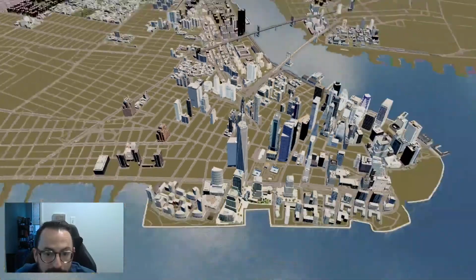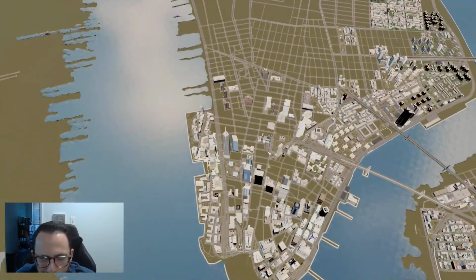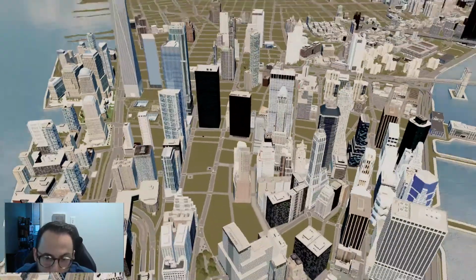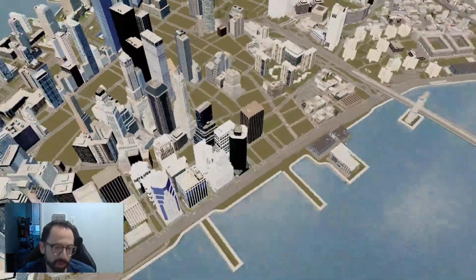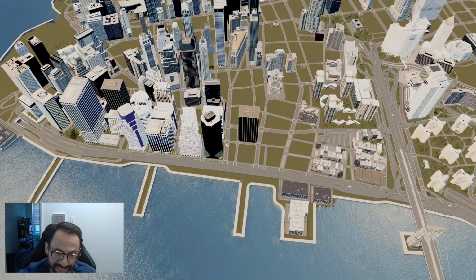But yeah, I would love to build out more of Lower Manhattan. Even Tribeca would be a lot of fun to do because it's probably a little easier than Lower Manhattan, which is so hard because so many buildings are so unique looking and you really want to hope there's an asset for it. But in reality, with an 8-year-old game with a new one on the horizon, we're probably not going to get a lot more New York assets. And that's okay. That's okay. But,